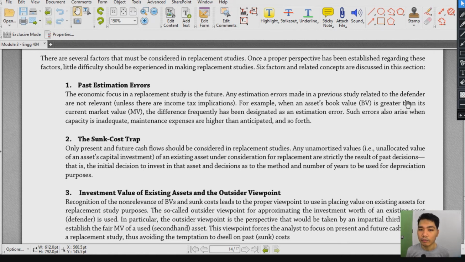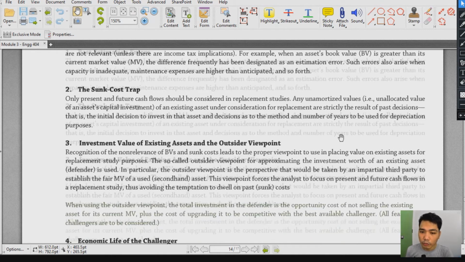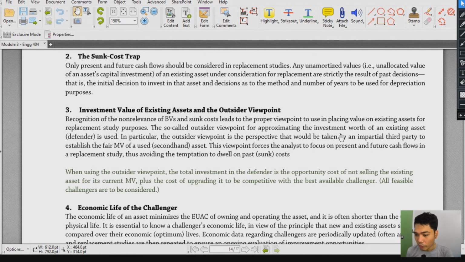It's like, well, after reaching this certain market value, do we really have to replace because malayo na yung market value nito compared dun sa ating estimates. So, that could be your basis, but one of the most important, or usually the one that is used in evaluation for the replacement analysis, is this number 3, which is the investment value of existing assets and the outsider's